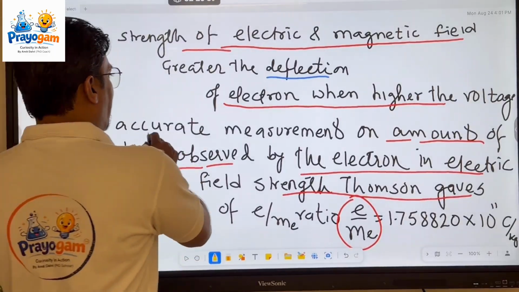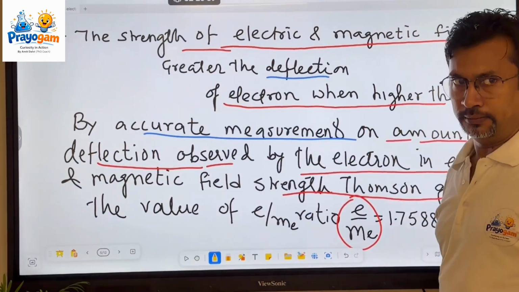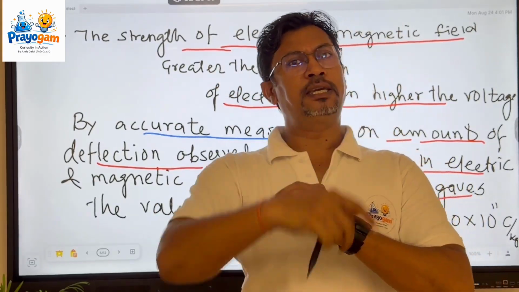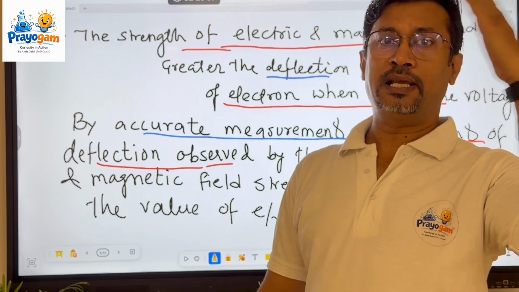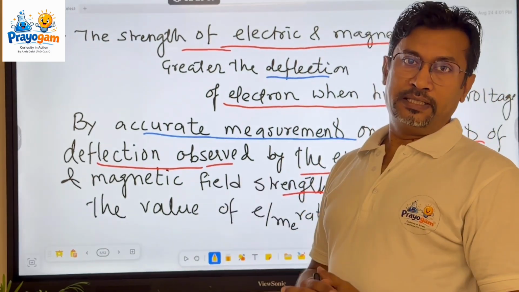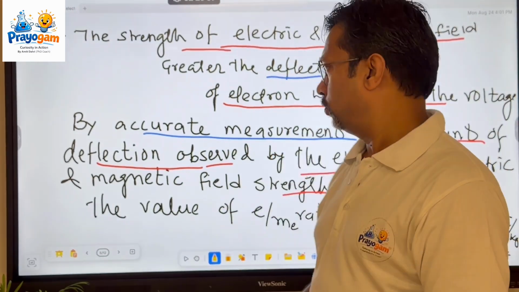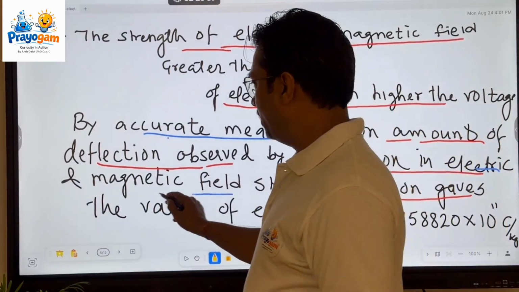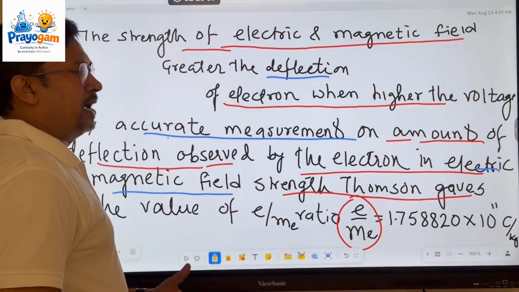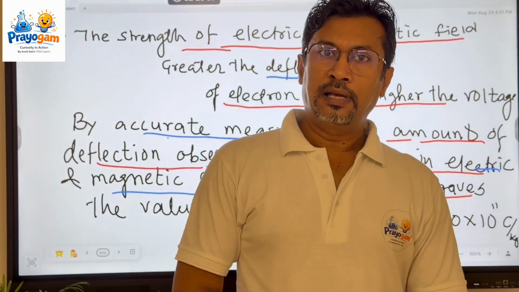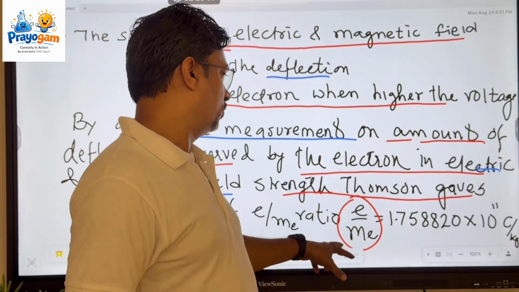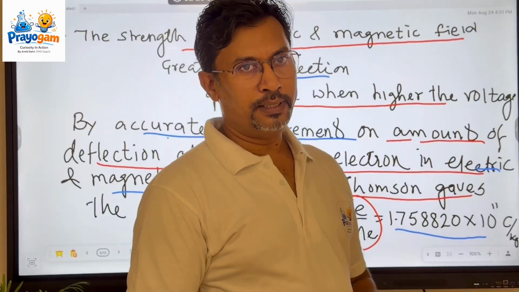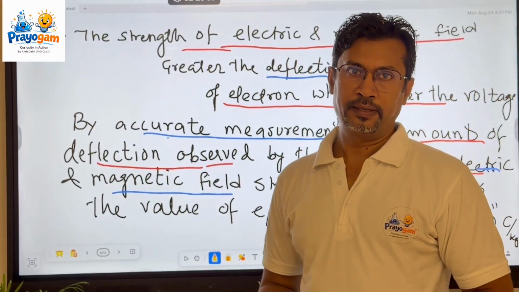सो बाय एक्यूरेट मेजरमेंट अमाउंट ऑफ डिफ्लेक्शन, तो जैसे थॉमसन ने क्या किया बच्चों, उन्होंने एक्यूरेट डिफ्लेक्शन मेजर किया कि कितना डिफ्लेक्ट होता है, कितना वोल्टेज लगाने के बाद, कितना मैग्नेटिक फील्ड चेंज करने के बाद, हाउ इट गेट डिफ्लेक्टेड. एंड बाय चेंजिंग द मैग्नेटिक एंड इलेक्ट्रिक फील्ड, J.J. Thomson has given the value for charge to mass ratio is 1.758820 into 10 to the power 11 coulomb per kg. Right? So बच्चों